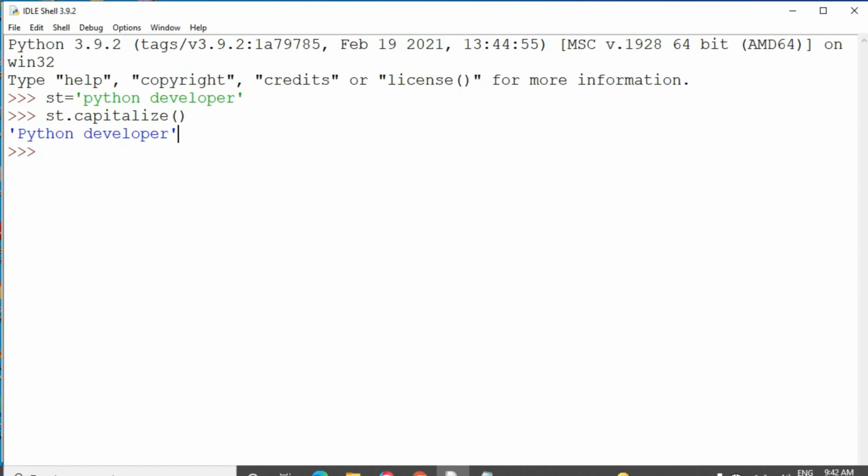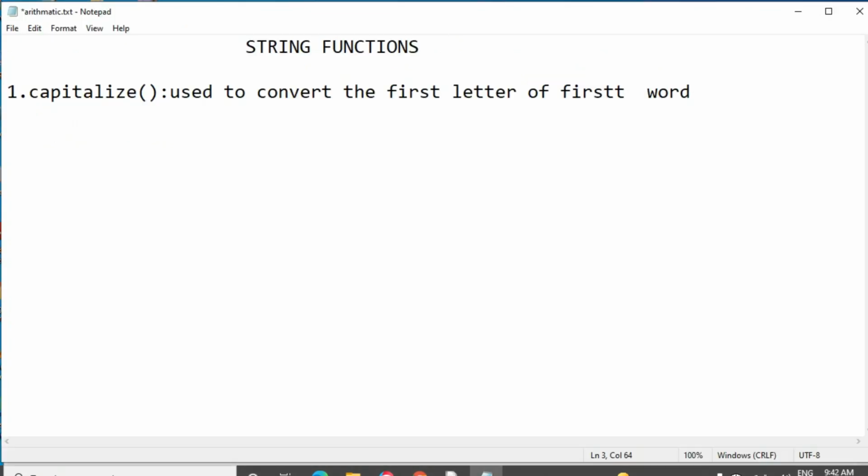So the use of the capitalize function is to convert the first letter of the first word only. There are two words available here, and only the first letter of the first word changed.